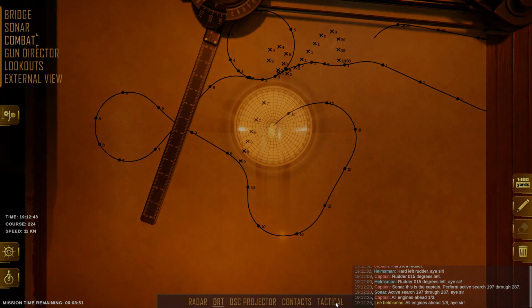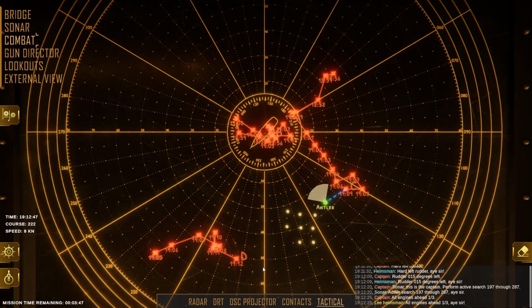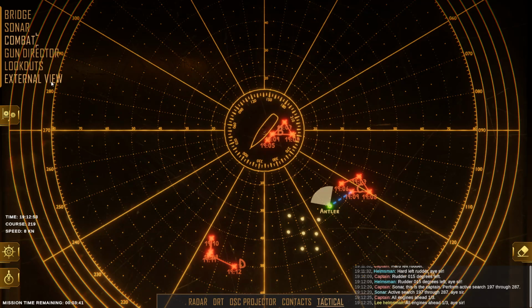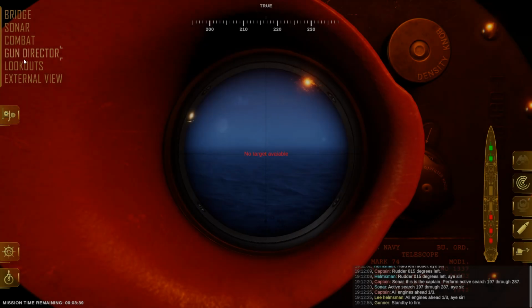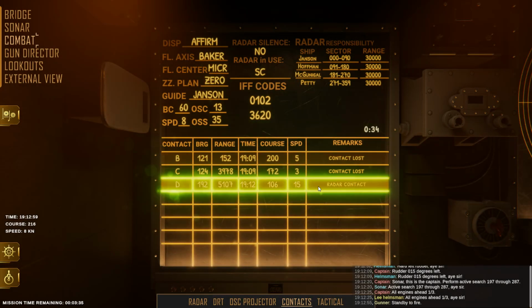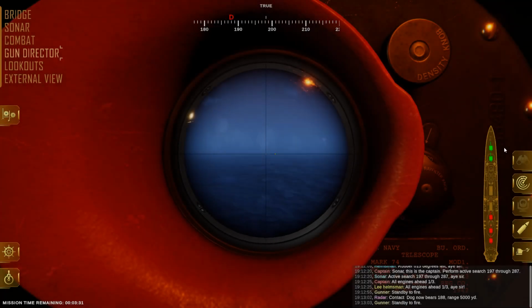Let's go back to tactical. So we're prosecuting against Charlie. Delta's closing. Oh, man. Get rid of some of those. Is Delta... Stand by to fire. Or Dog? Dog is on radar. Go contact to Dog, gun director. Now bears